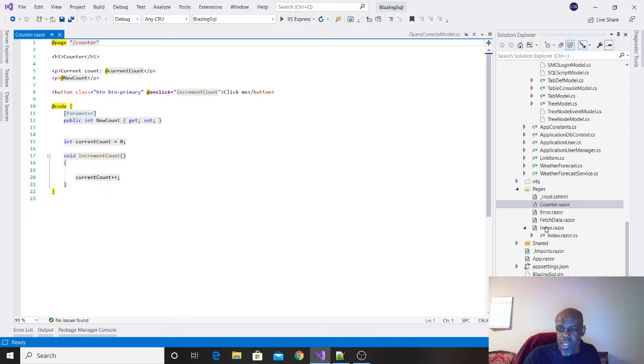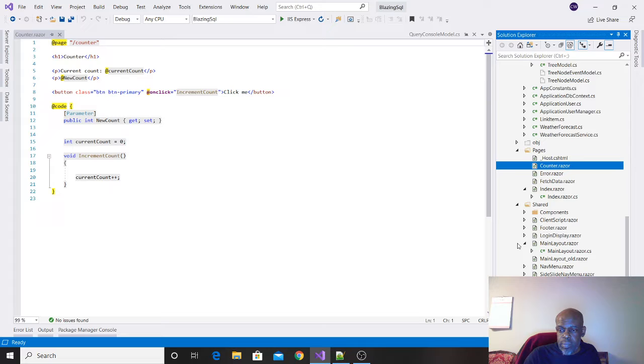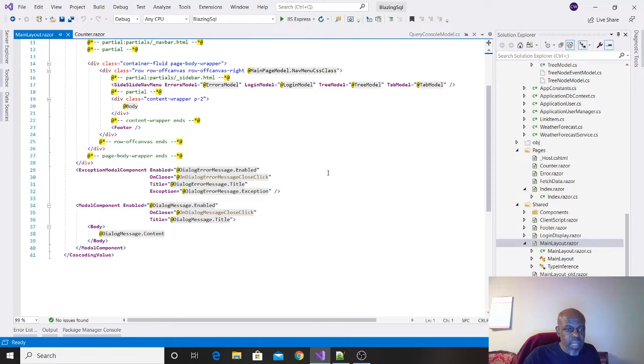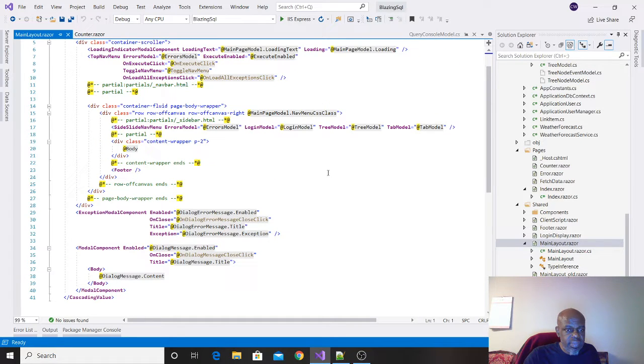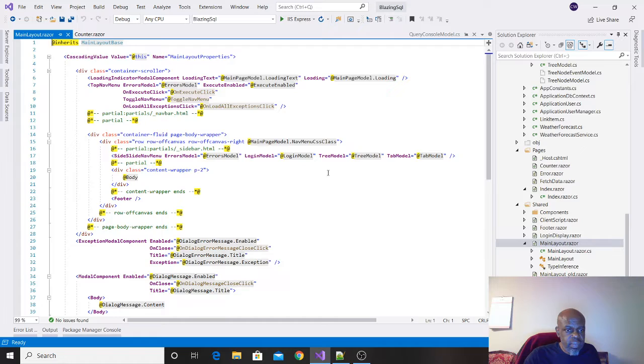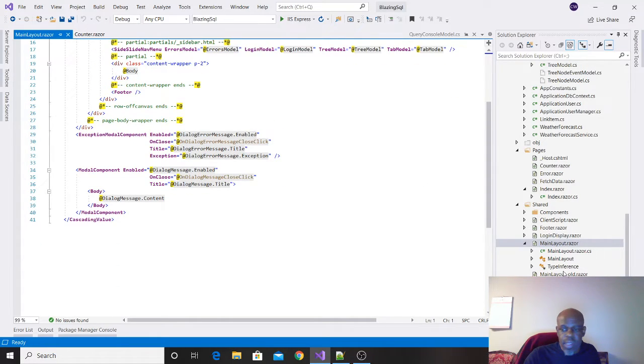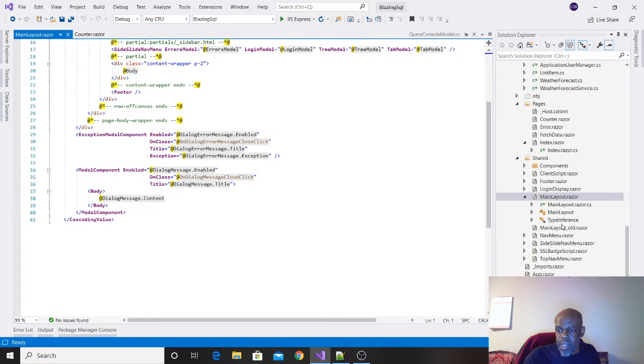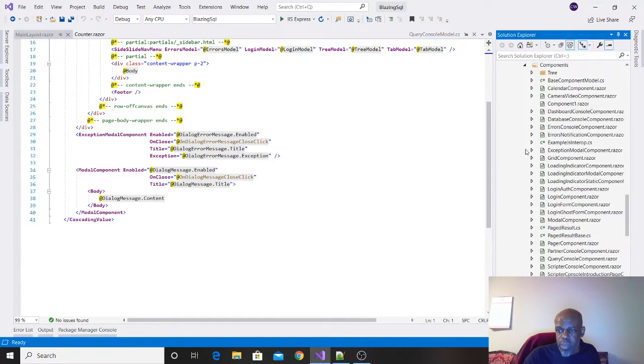So let me show you real quick. Let's put it on the main, maybe. Trying to look for an area to put it where I ain't gotta worry about it. Oh, I'll just put it on my component page.